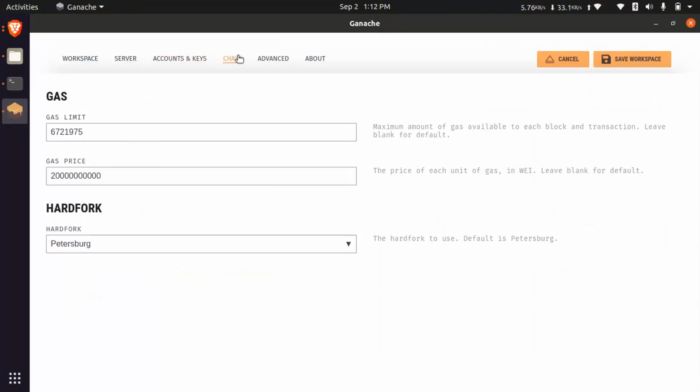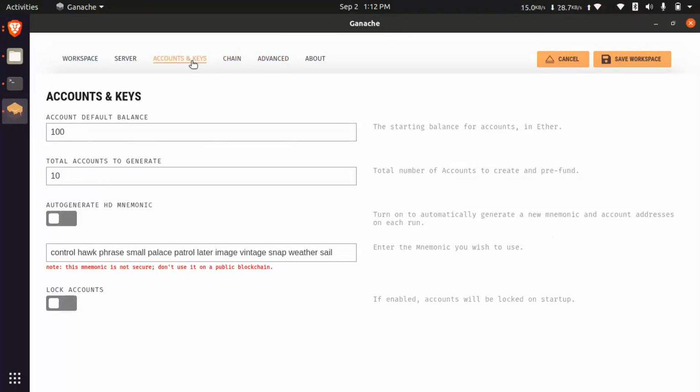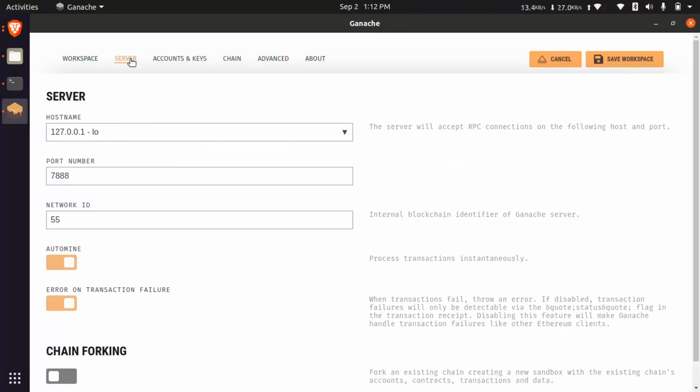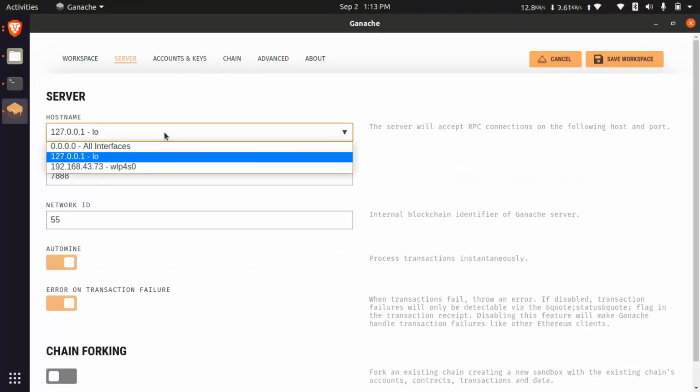Okay, I'm going to the chain settings, where the maximum block size is defined. When we are creating a server, it shows localhost along with the loopback pseudo interface, 127.0.0.1. Yes, you can use that, or else you can use all interfaces also.